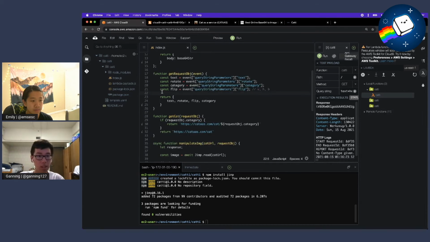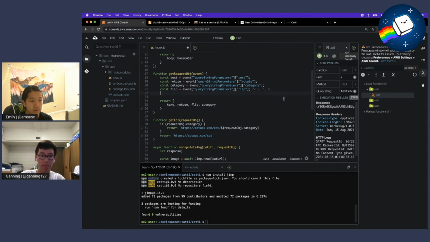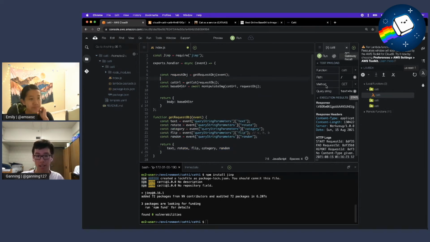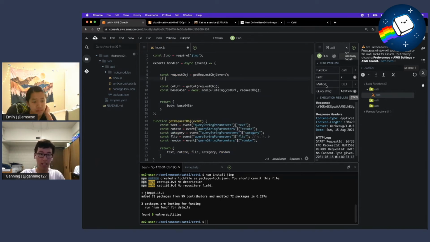Okay, so the last part, which isn't super complicated, is we're going to need to implement random, not rotate, my bad. So for random, what we're going to need to do is say const random is equal to, we are going to copy and paste, because we love that. Copy and paste that. Put random there, and then right here, we're going to check if requestObj.random is equal